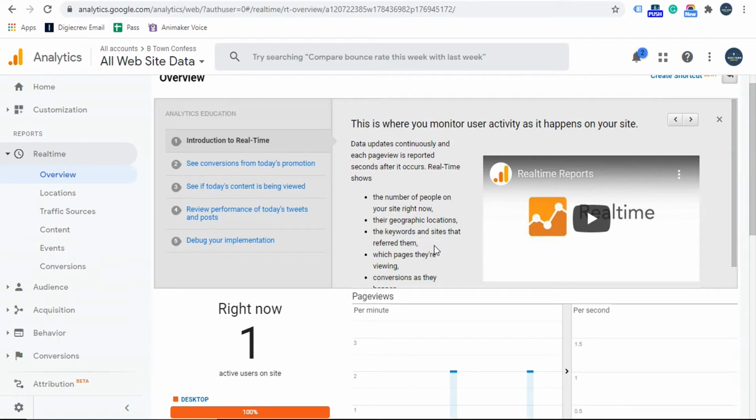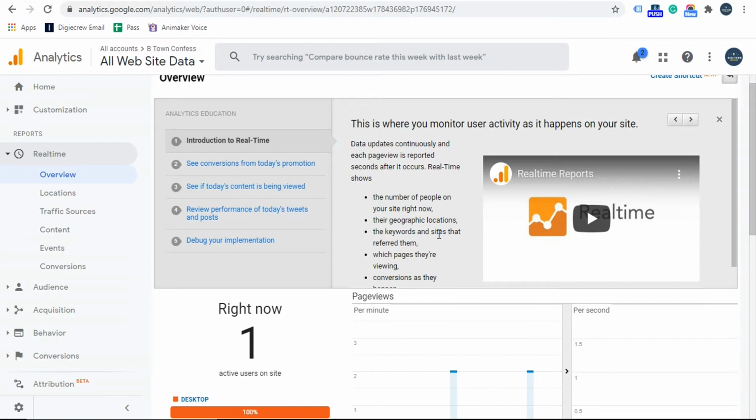Alright guys, so today we'll be having a session on how to add any additional user in your Google Analytics account or any Google Analytics property. This is required when you need to give access to any other user who is looking after your marketing of the website, right? And this is a very simple process and it's very direct. You just need the Gmail ID of that particular user to whom you want to grant the access, right?